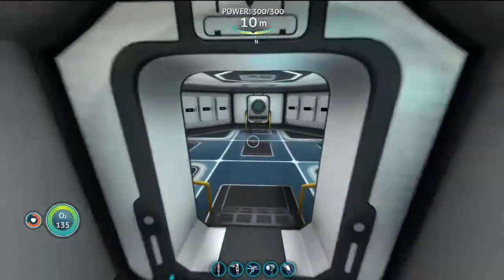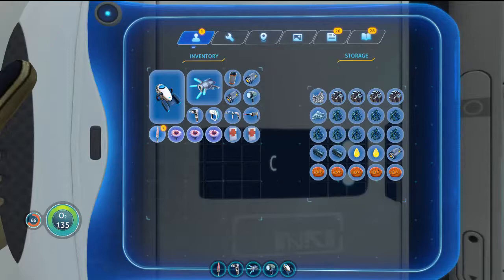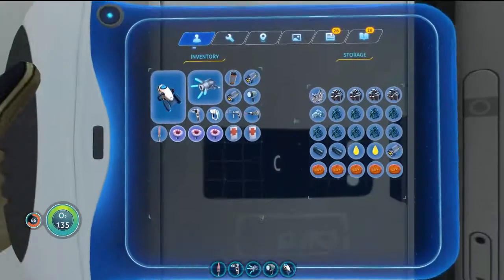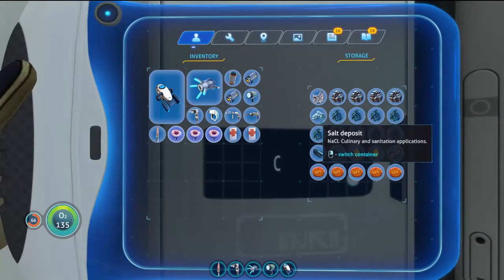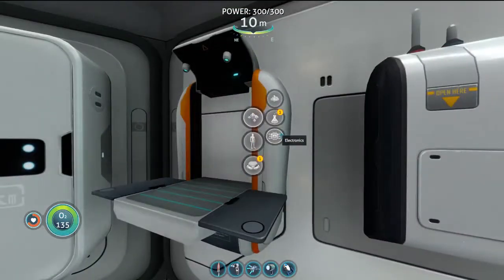So the perimeter defense system, I think we actually have the stuff to craft that. Let me go ahead and put my extra materials away. I will actually need these acid mushrooms. This is actually why I picked up that salt. One of the things that you need to make the perimeter defense system is hydrochloric acid. And to make that, you need...